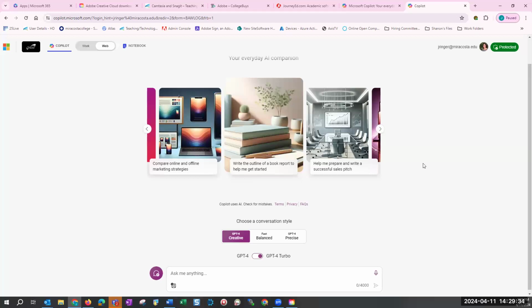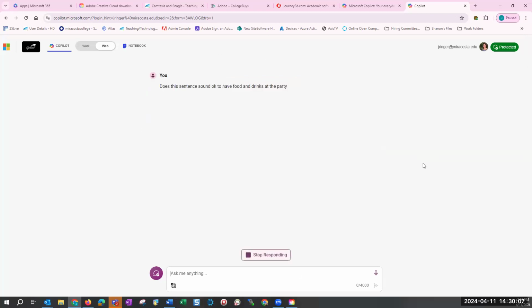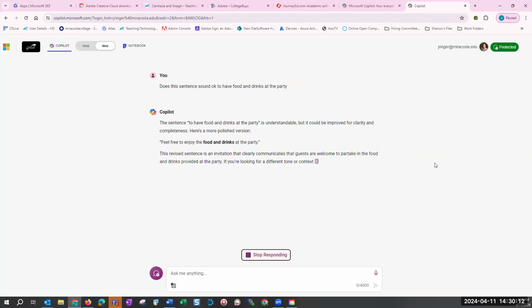So I like it because I will write up a sentence that just doesn't quite look right to me, and I can pop it into Copilot and it'll reword it for me. Does this sentence sound okay to have food and drinks at the party? And I can click here and it's going to redo it for me.